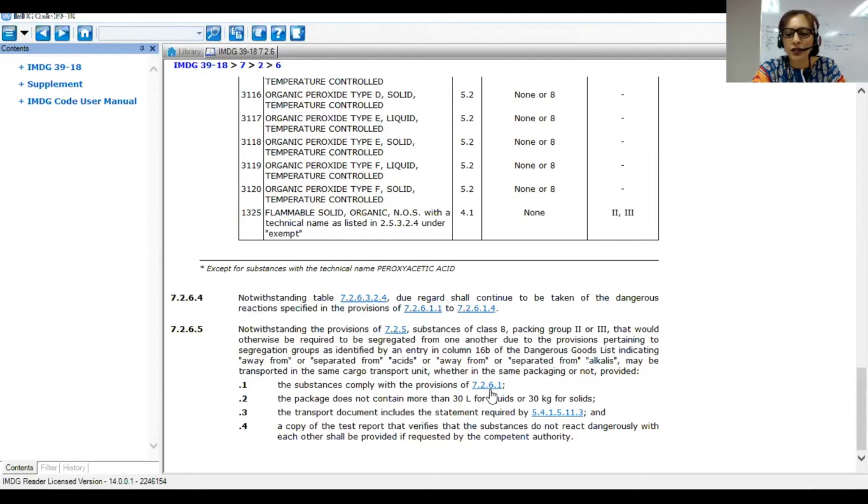So the first condition is that they don't evolve into that same thing, 7261 and all the way down. The second condition is that the substance in the inner package does not exceed 30 liters or 30 kgs. And that in the transport document, when you declare,